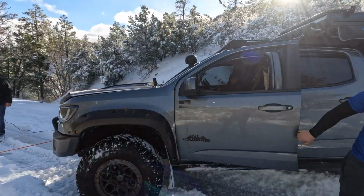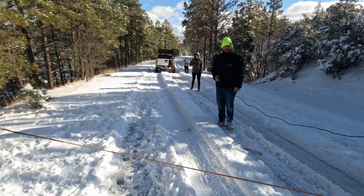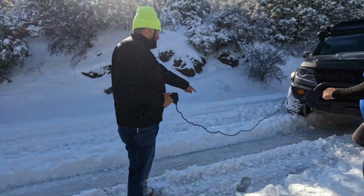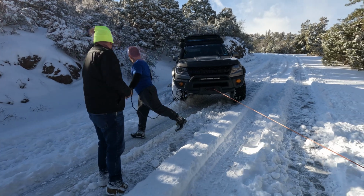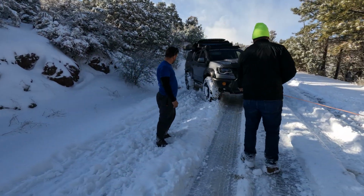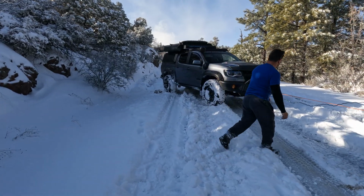Look how deep. Yeah. You want to straighten out? Well, yeah. Now turn. As long as my rear's up, you might still. You need to get that tire up in this rut here. So that pump might start pushing you back. You need to get both your fronts up in